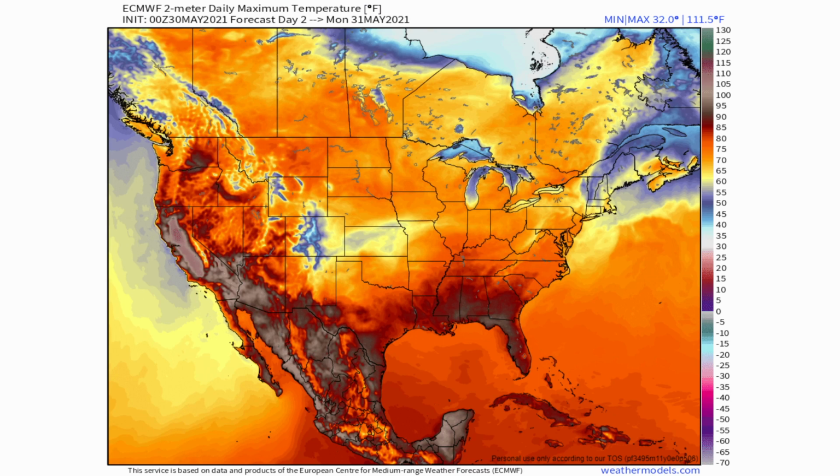So you might want to be limiting your time outdoors if you do work outdoors, or if you are just going to be planning on being outdoors on Monday or Tuesday. Definitely limit your time out there because the temperatures will be very, very warm and extreme. So you're definitely going to want to drink a lot of water and stay indoors as much as possible, especially